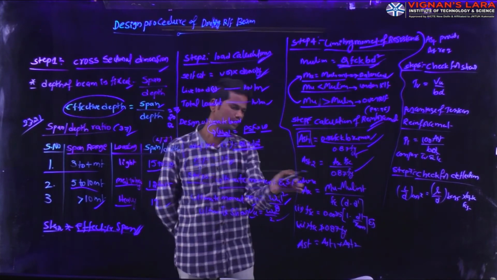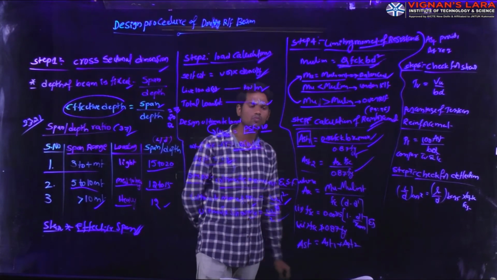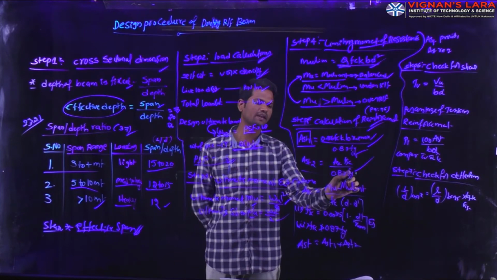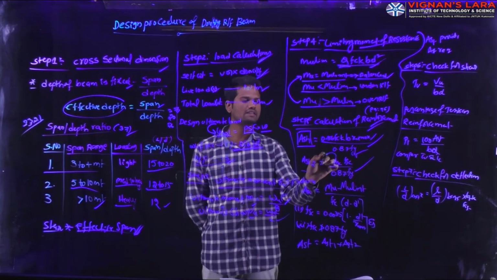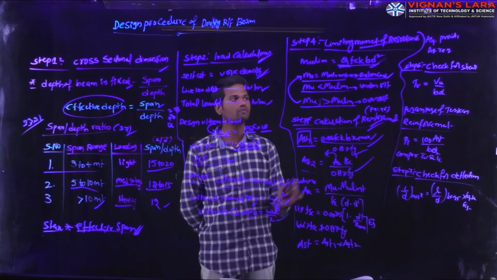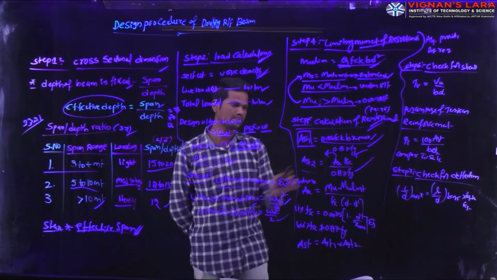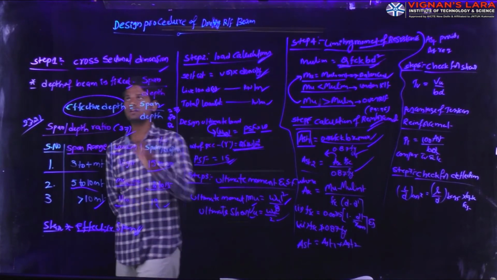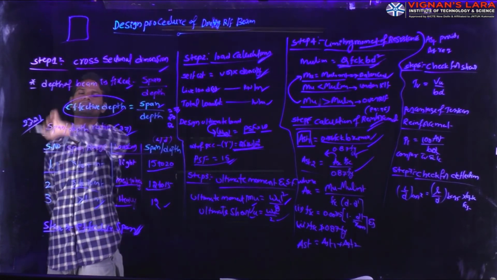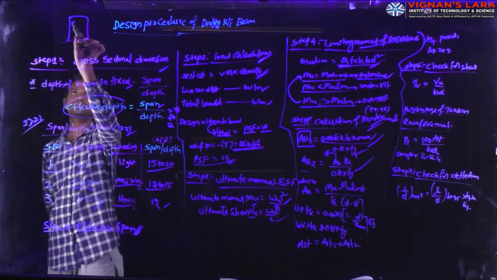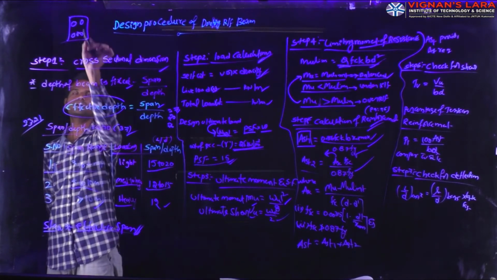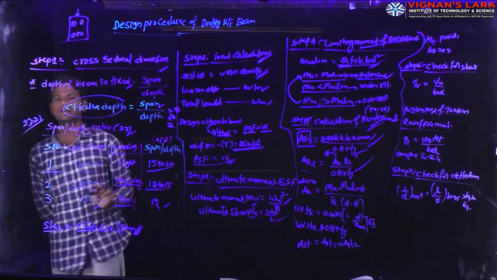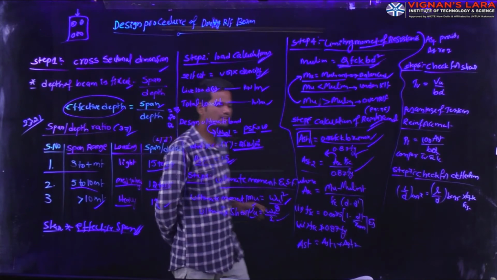Next we are having the area of steel for additional moment, that is Ast2 equals Asc into fsc divided by 0.87 into fy, where Asc is the area of steel reinforcement in the compression face, and fsc is the stress in steel in compression. Suppose this is your rectangular beam section. In this we are providing the reinforcement bars at top and bottom. Due to application of the load, stress will develop in the steel in the compression face. That is nothing but the fsc value.